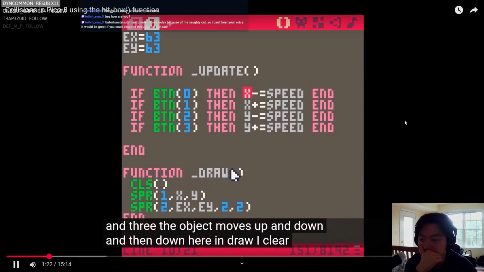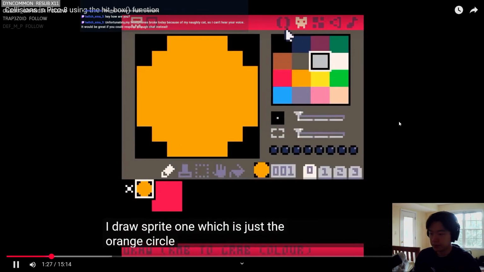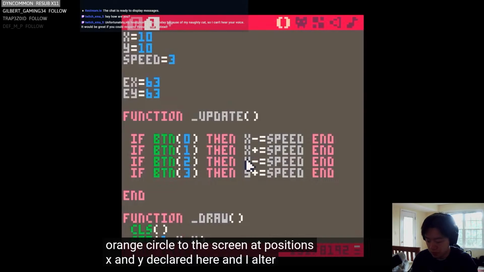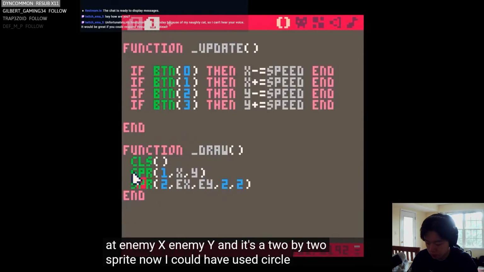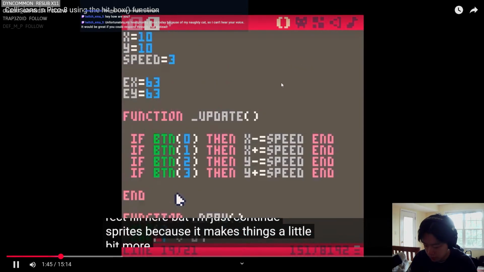And then down here in draw, I clear the screen, I draw sprite 1, which is just the orange circle, at positions x and y, declared here, and I alter here. And I draw sprite 2, which is our box, at enemy x, enemy y, it's a 2x2 sprite. Now I could have used circfill and rectfill here, but I'm just going to use sprites because it makes things a little bit more relevant to the